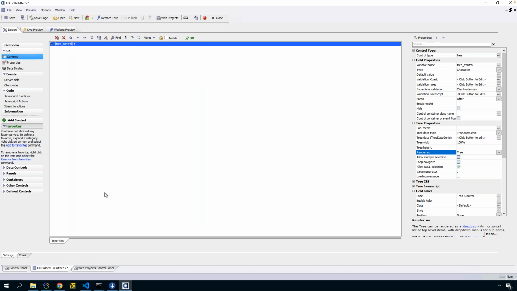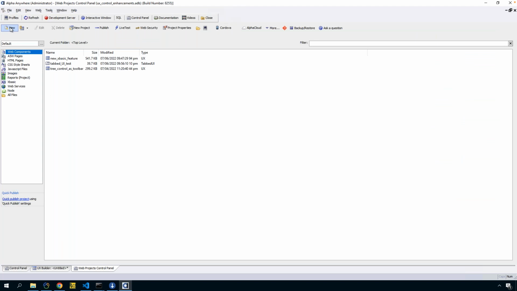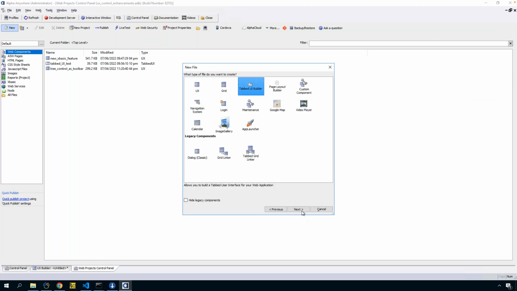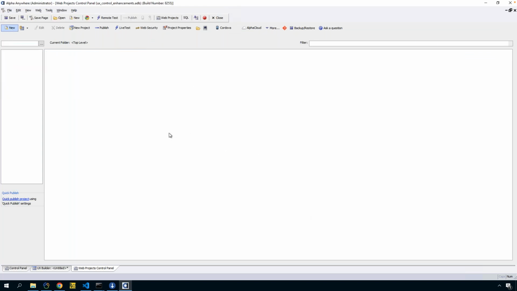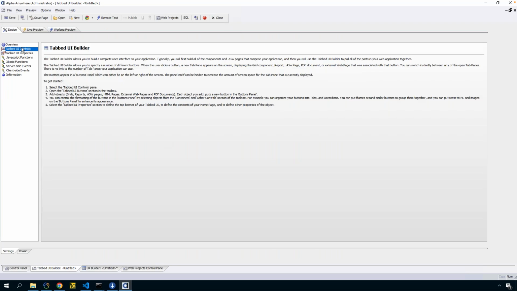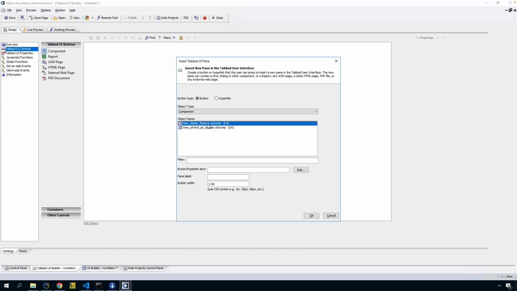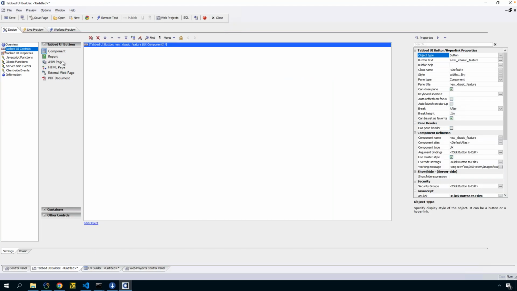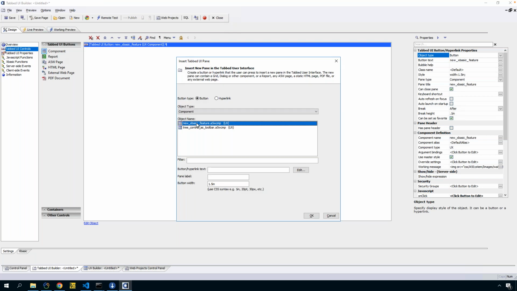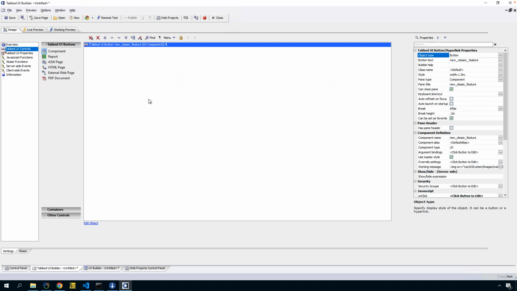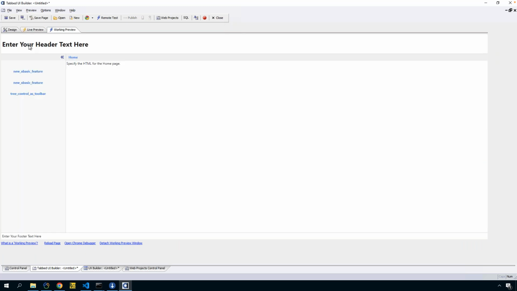Yeah, absolutely. Okay, cool. So the second one I want to cover is a great control called the Tabbed UI Builder. And I'm sure you've used these things before. So let's go ahead and just add a couple components here. I'm not going to cover too much detail. I'm sure a lot of people have used this before, but basically this allows you to build essentially a pre-built